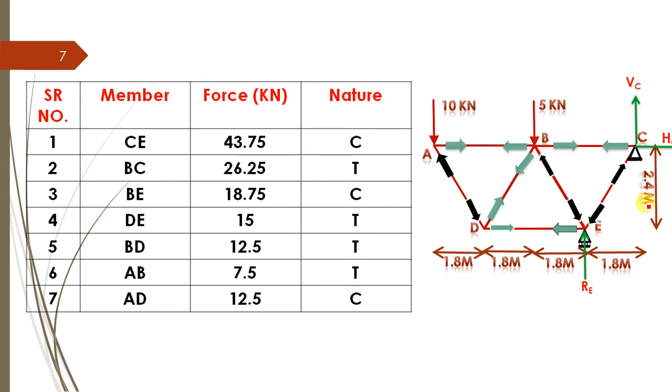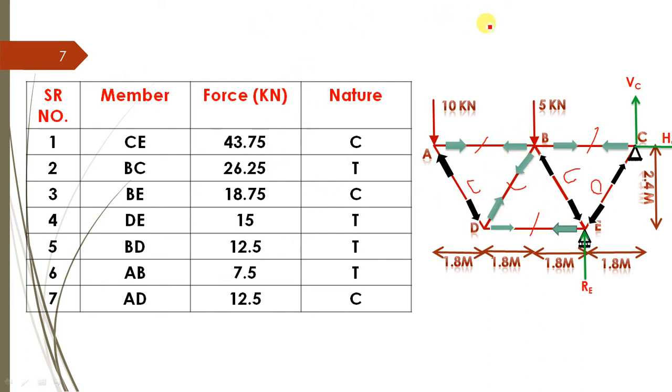So all are in tension. Initially I have shown it so. These members are in tension, so the assumed direction of these members is correct, but these members are now shown as compression. So the assumed direction of these members is wrong, so I have changed the direction. Okay, so it indicates compression in the member. These three members show compression and all the rest are in tension.